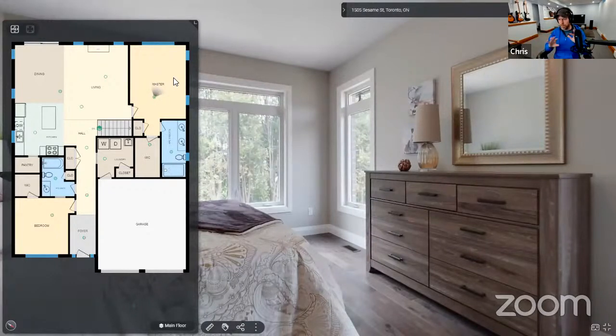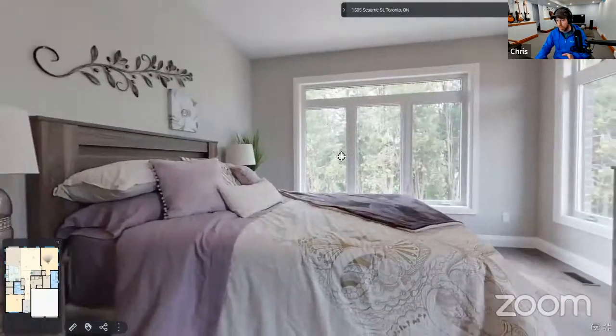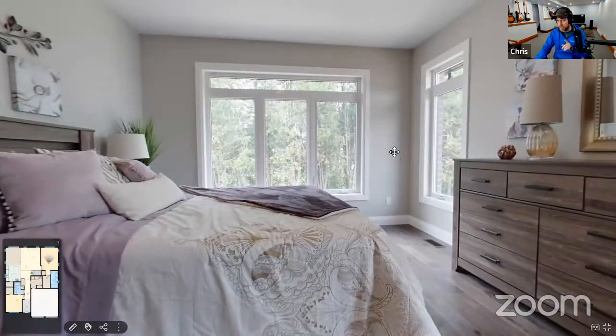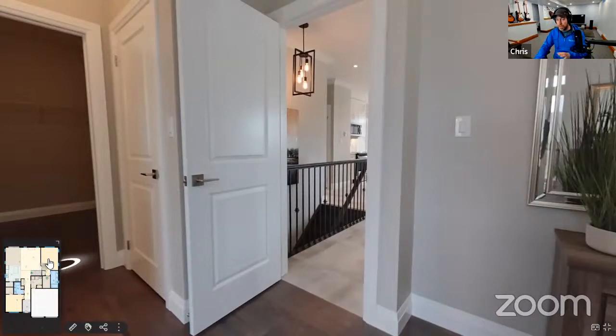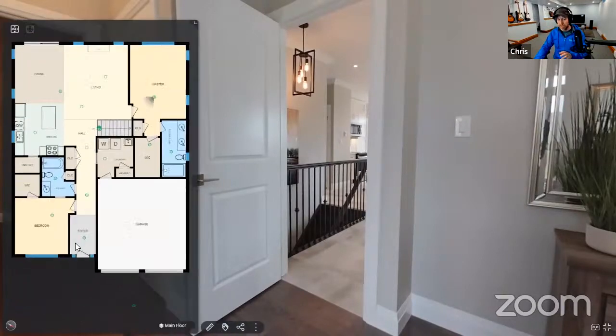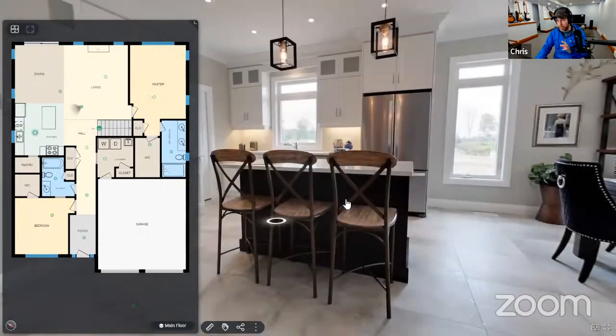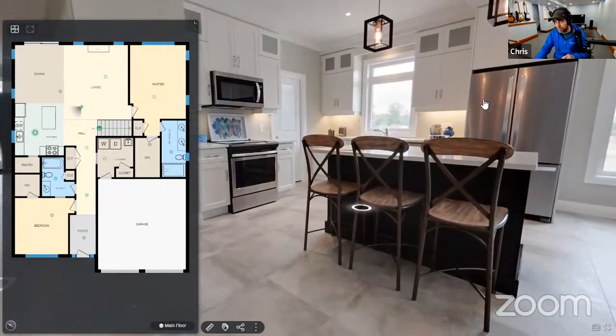So the core experience here is 360-degree visuals plus floor plans. But there's a few ways you can modify this experience. I can minimize the floor plan to get a better view, and I can also minimize the top bar. That's a relatively new addition. What this means is that you can get greater immersion by taking the UI and setting it to the side. But you'll notice the floor plan is still here. It's not gone. It's never gone. You can't hide it, because it's a core part of that experience. So you always have it with you and available to you if you need it, which is kind of neat.